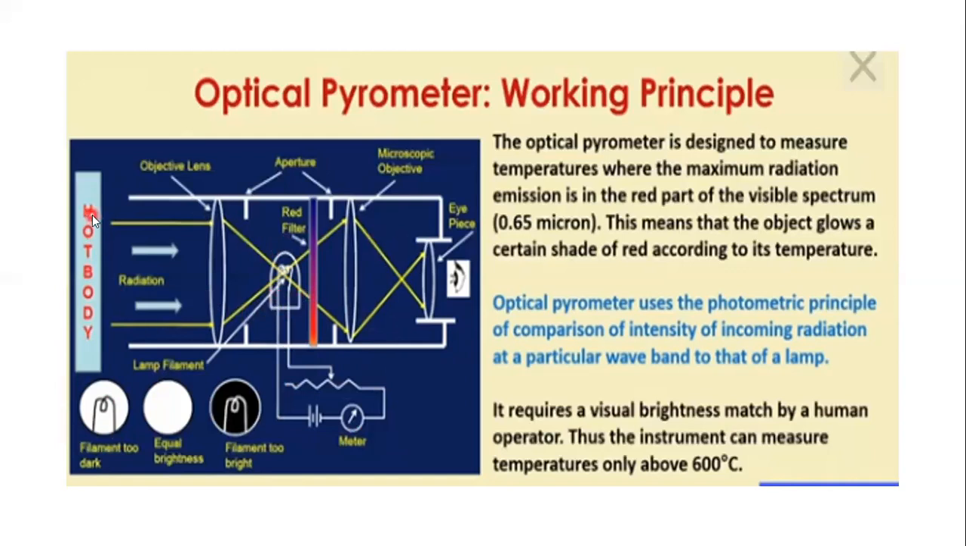Actually this hot body emits radiation, and also by giving a current through the lamp filament it is heated up and produces light radiation. So when we change the voltage level, the temperature of the filament also changes. Our aim is to make the filament disappear. That means when the intensity of radiation coming from the lamp and the hot body becomes the same, then the